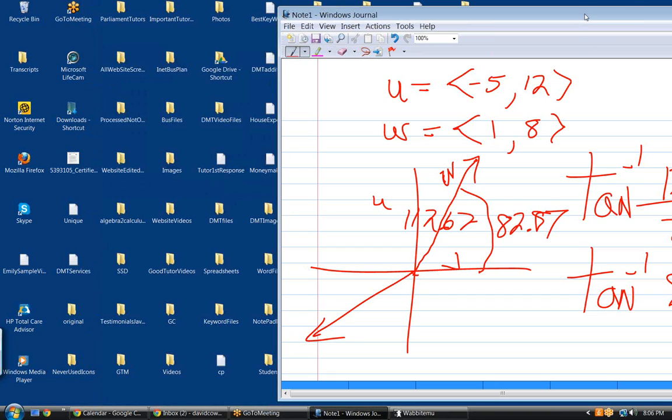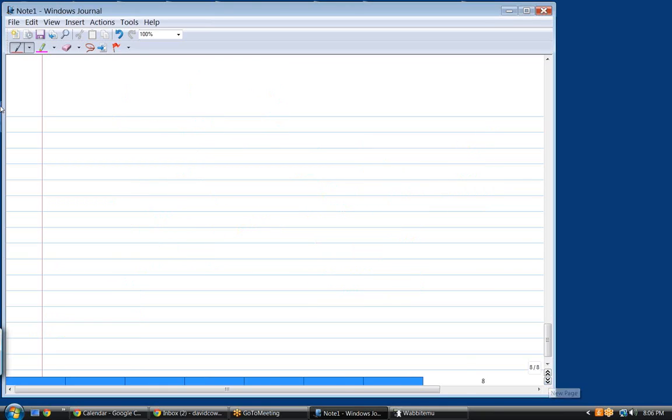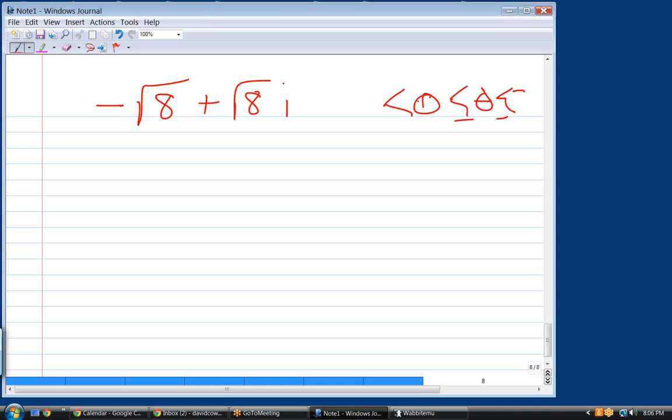Okay, what else? Next I have: what is the trigonometric form of the complex number negative root 8 plus root 8i, where 0 is less than or equal to theta is less than or equal to 2 pi. I'm going to have to look in the book to figure this one out, only because